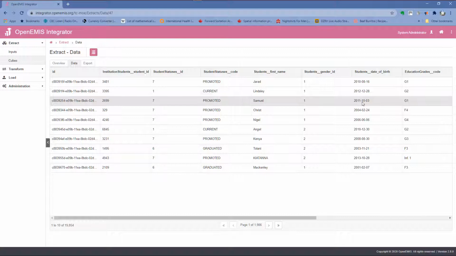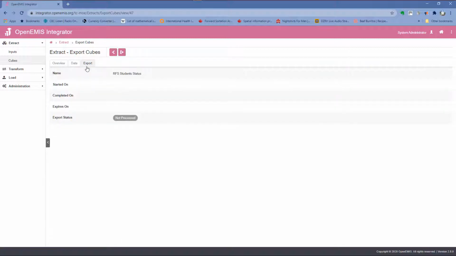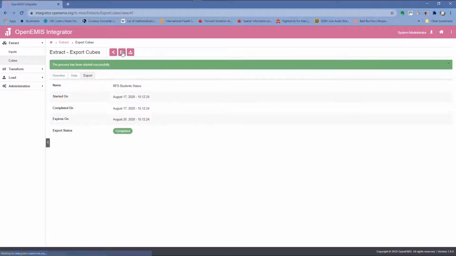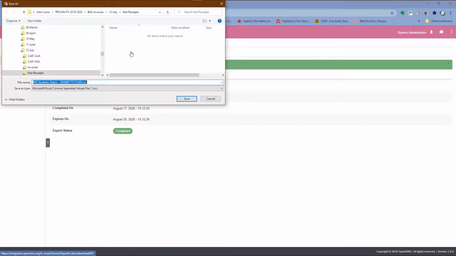So now that we have all of the required fields, we're going to be using Excel to calculate the enrollment rates. To do that, one would go to the Export tab, the Export button here, and then one goes up to the download icon button here to download the